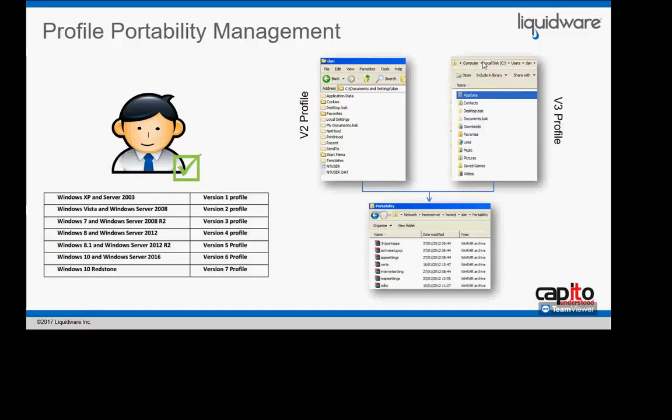That may sound like a completely crazy thing, but what they've done is they've changed where the profile is living. In some versions it's lived as a set of registry keys, in some versions it's lived in a database, in other versions it's lived in both. And ProfileUnity has the ability to know which operating system you're moving to and from and deliver the profile in